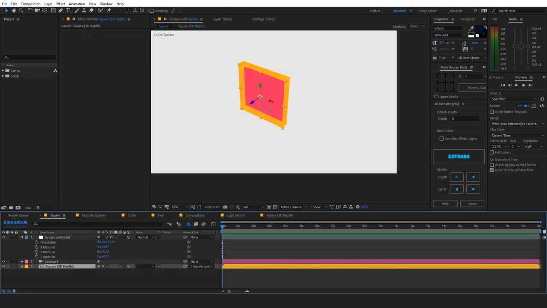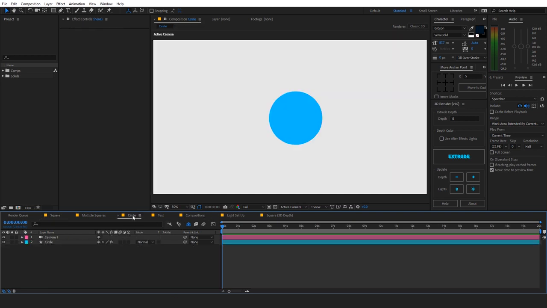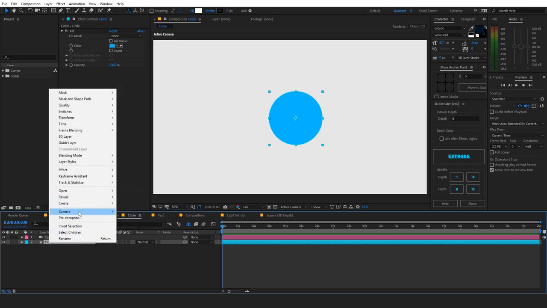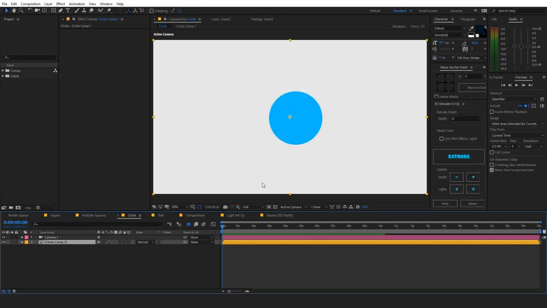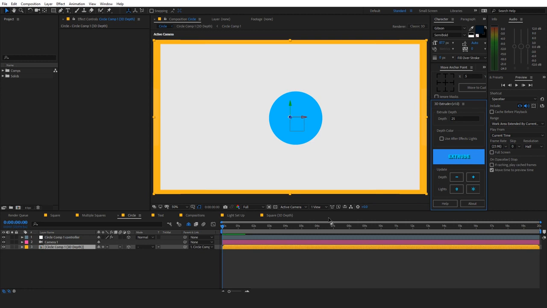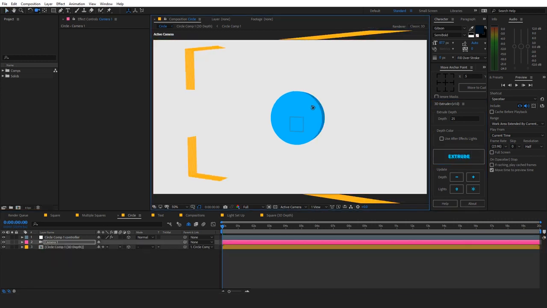So there is a better approach if you want to extrude any layer, which is by simply pre-composing the layer. For example, let's pre-compose this circle layer before I extrude it. Let's pre-compose, and now if I want to extrude it, let's go with 25, and if I click on extrude,